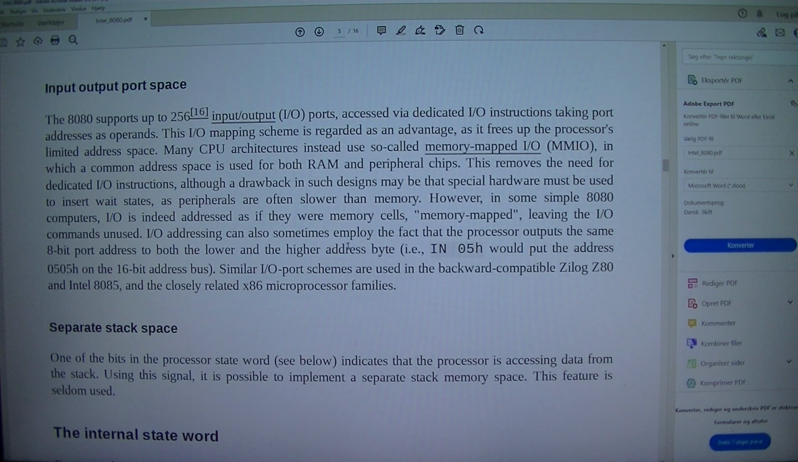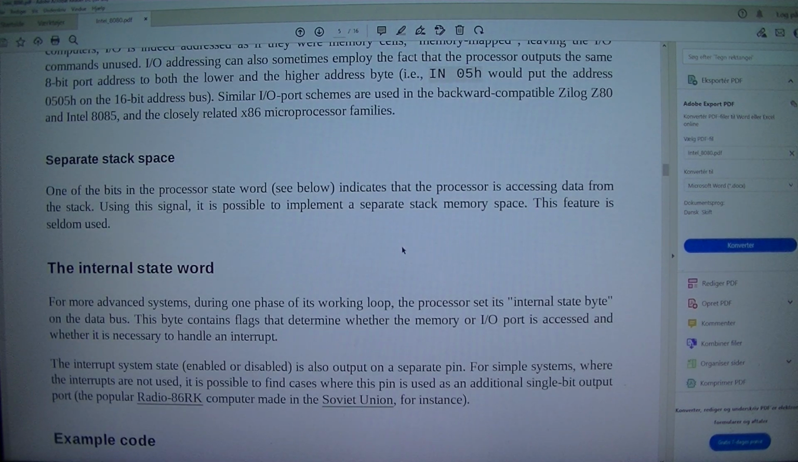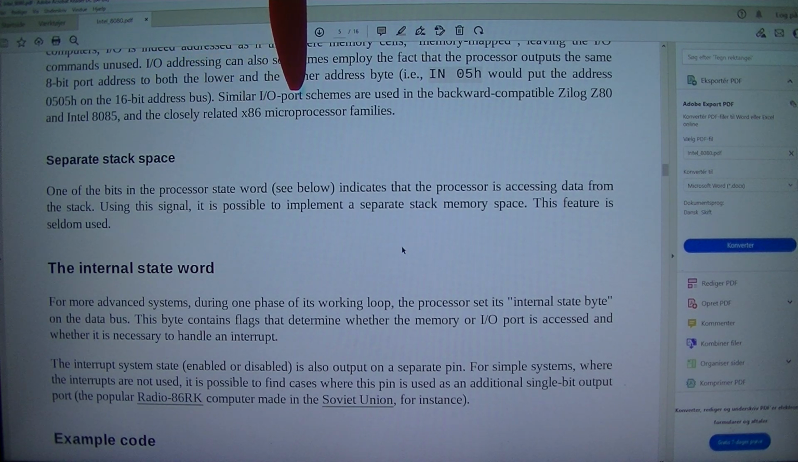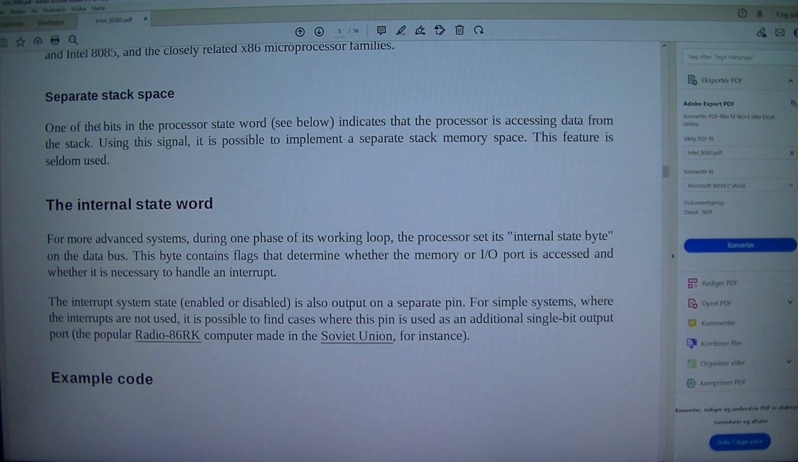I/O addressing can also sometimes employ the fact that the processor outputs the same 8-bit port address to both the lower and the higher address byte, i.e., an IN 05H would put the address 0505H on the 16-bit address bus. Similar I/O port schemes are used in the backward-compatible Zilog Z80 and Intel 8085, and the closely related x86 microprocessor